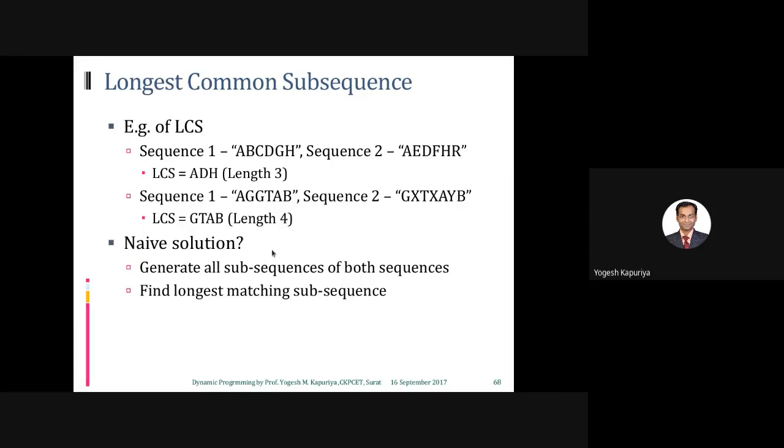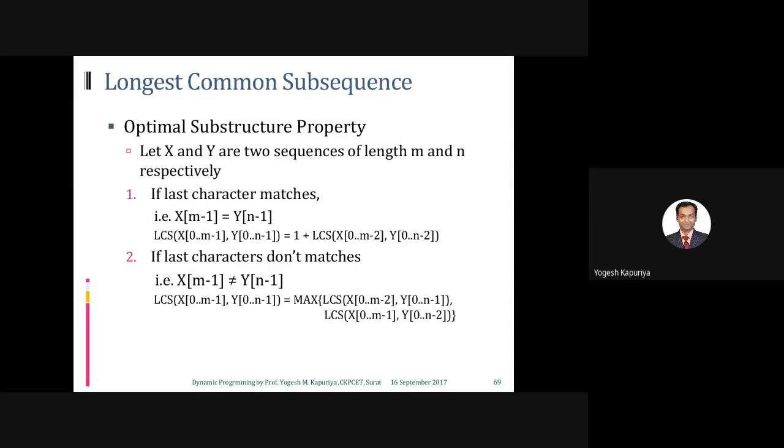You can't just go for a brute force approach in which you check each and every sequence. So you need a better approach, and that can be provided by dynamic programming. The reason is that this particular problem statement has the optimal substructure property. Let's discuss what it means.